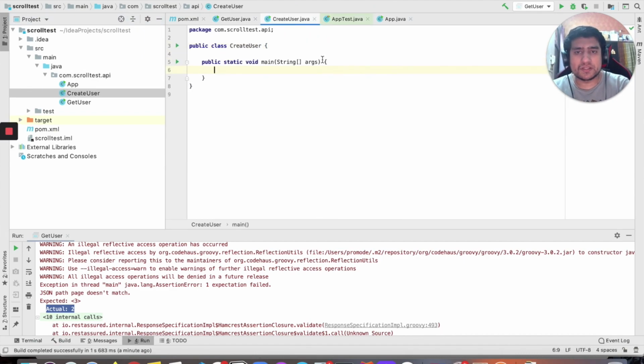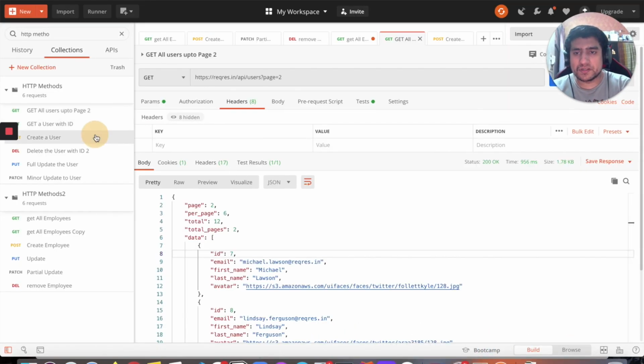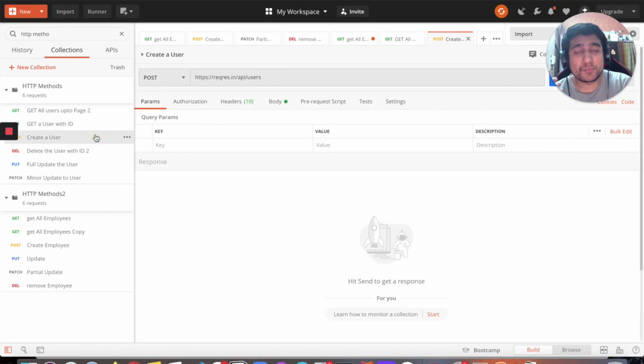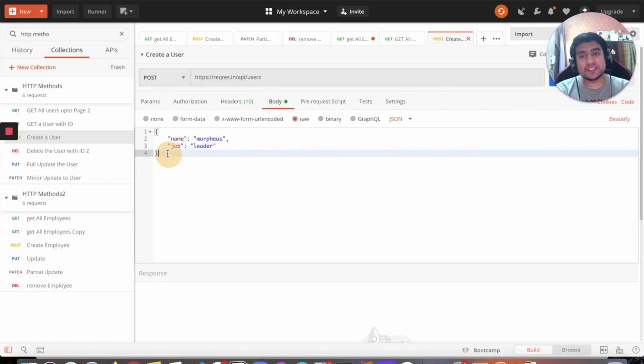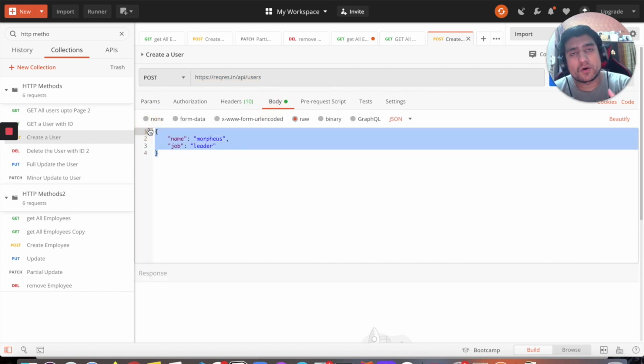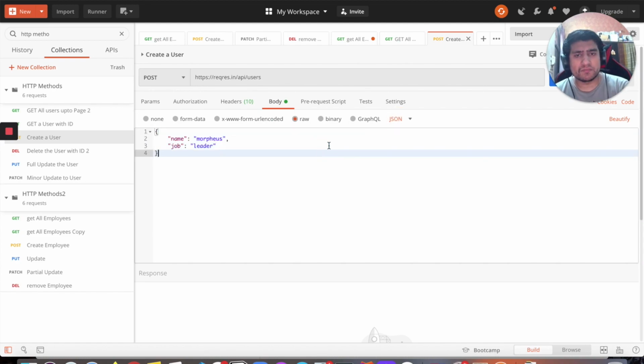I'm gonna call the main method again. So how the post method works, let's go to Postman to understand this concept. We want to make a post request to this endpoint and we need to pass this payload or body, right? And make sure the header is JSON. By default it is generally JSON, but yeah, you need to mention it. So there is a data payload that we need to pass. In a get request there was no data, but in a post request we need to pass the data, a body, right?